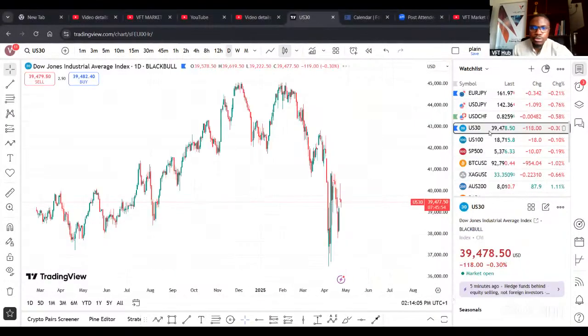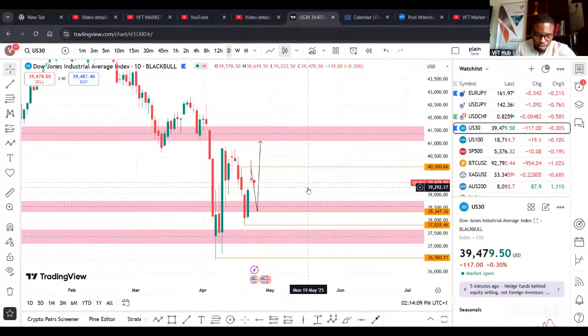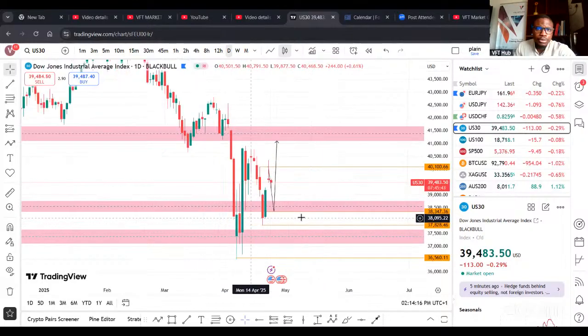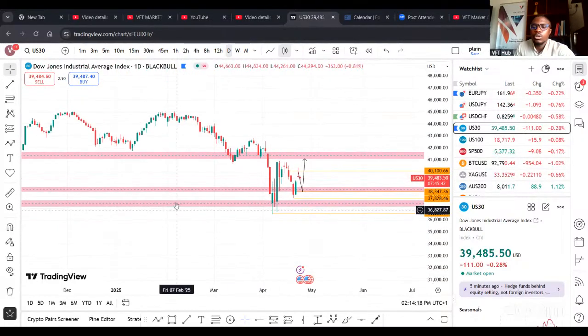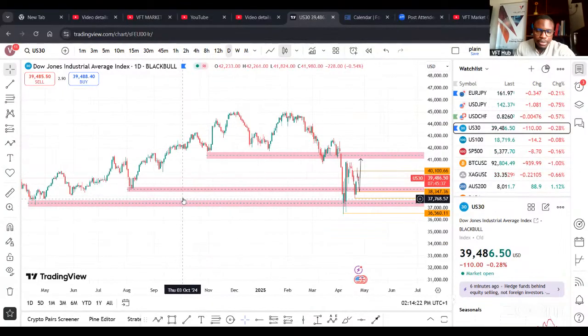Let me click on US 30. Okay. So the levels we marked out this morning are still very much valid, right? And US 30, also on NAS 100, and S&P 500. We stated very clearly this morning that on the daily time frame, we are a bit bearish. However, recent structure is indicative that we are beginning to move to the upside, right? And the reason for this is due to